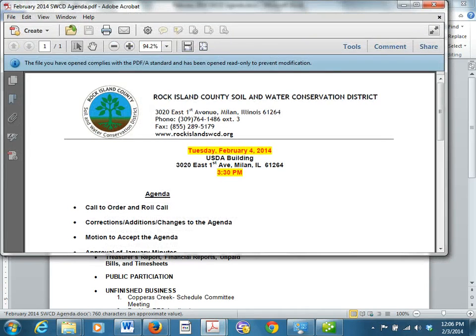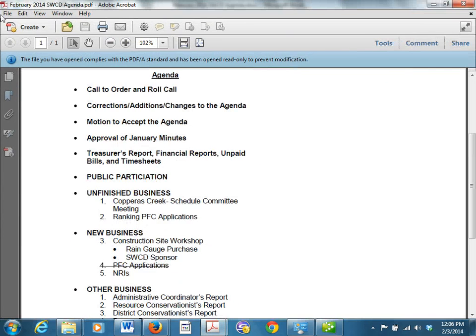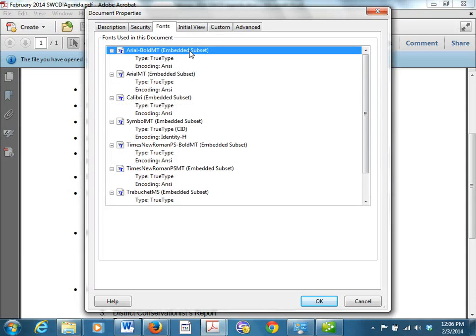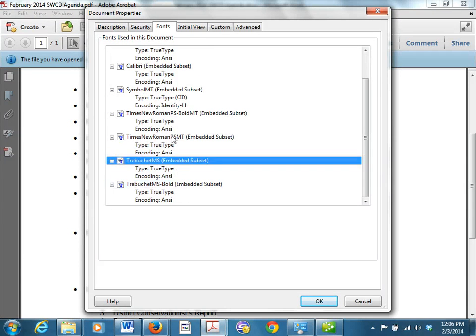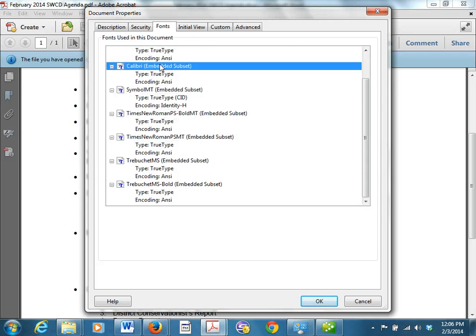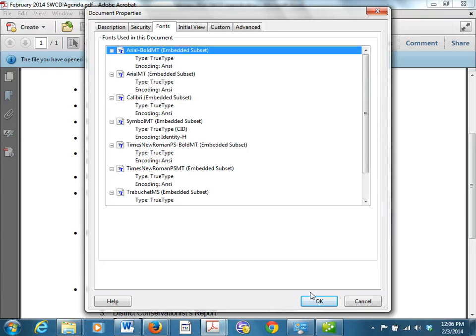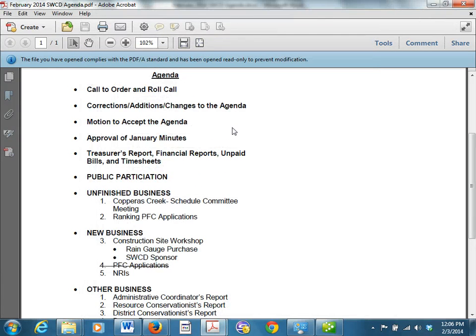Alright, so here is what the export looks like. And that archive PDF, you can see this embedded subset. That's how it does it differently. And that way, that font will always be able to read because it's embedded right within the document. So if you save your board packets